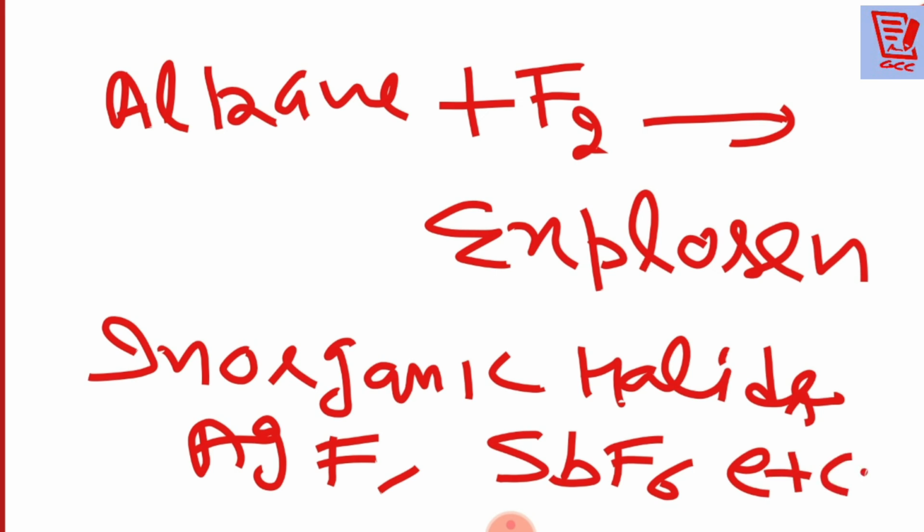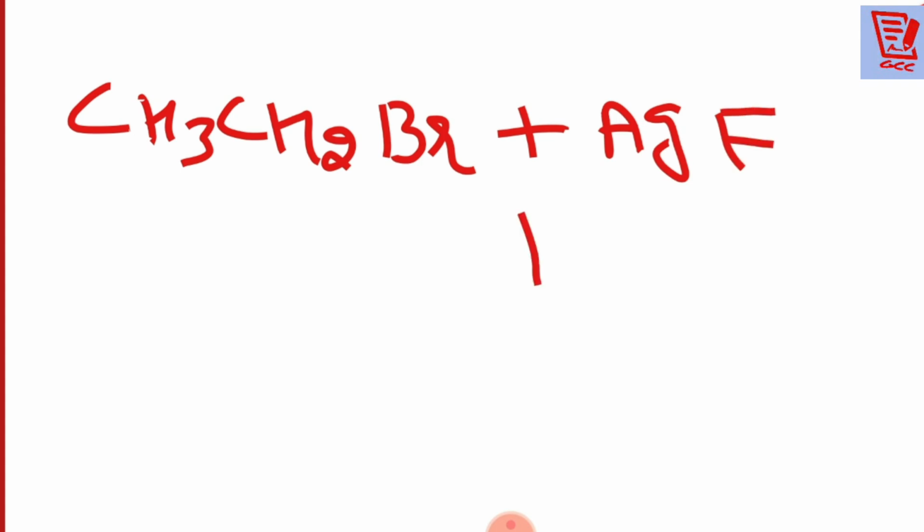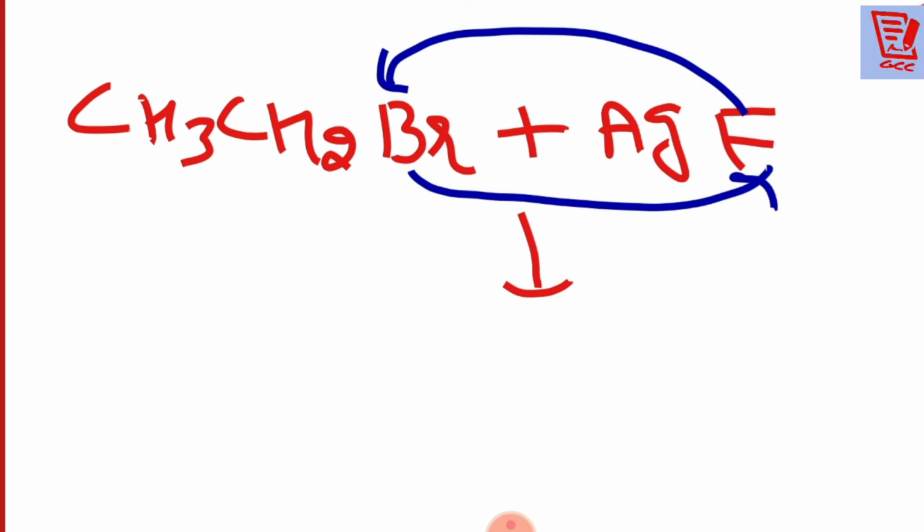Now all of you see, I am giving the reaction. This reaction we can give with halogen exchange. Please see, suppose I am writing CH3CH2Br plus AgF. We simply have to do the halogen exchange. F will come here, Br will go there, then it will become